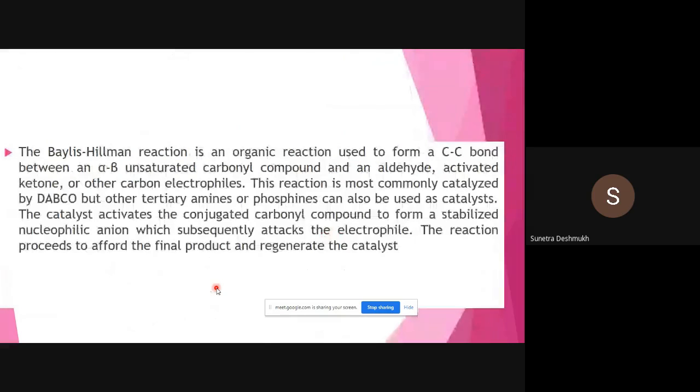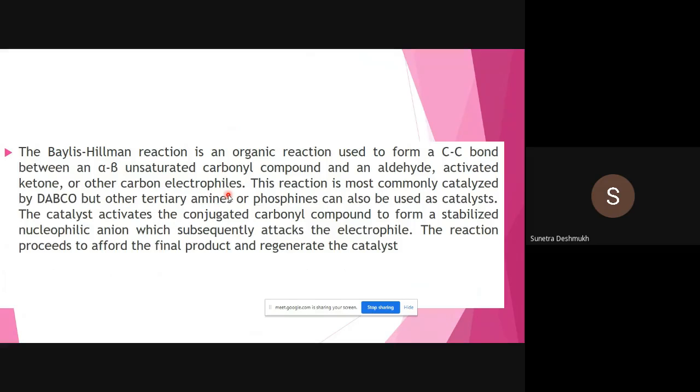So this reaction is specially used to form a carbon-carbon single bond between an alpha beta unsaturated carbonyl compound and an aldehyde, activated ketone, or other carbon electrophiles. Remember this: this is an addition reaction, whether that one may be 1,2 addition or 1,4 conjugate addition reaction. We'll see